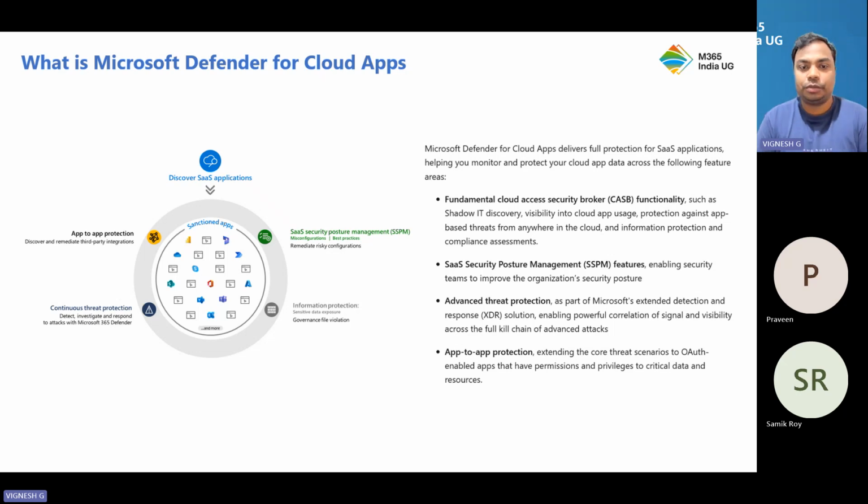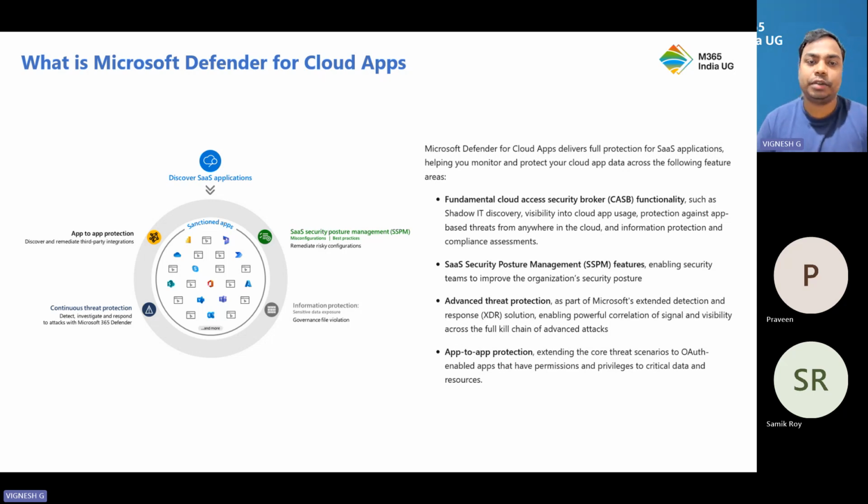So what is Microsoft Defender for Cloud Apps? This is something we already spoke about. This is Microsoft's CASB, right? As I said, it is not a product which was directly engineered by Microsoft in the first place. Microsoft purchased a company called Adallom, and then they did a lot of other integrations. Today this product is called Microsoft Defender for Cloud Apps. Previously, it used to be called Microsoft Cloud App Security. And this very product, the Microsoft CASB, mainly focuses on 5 main pillars,